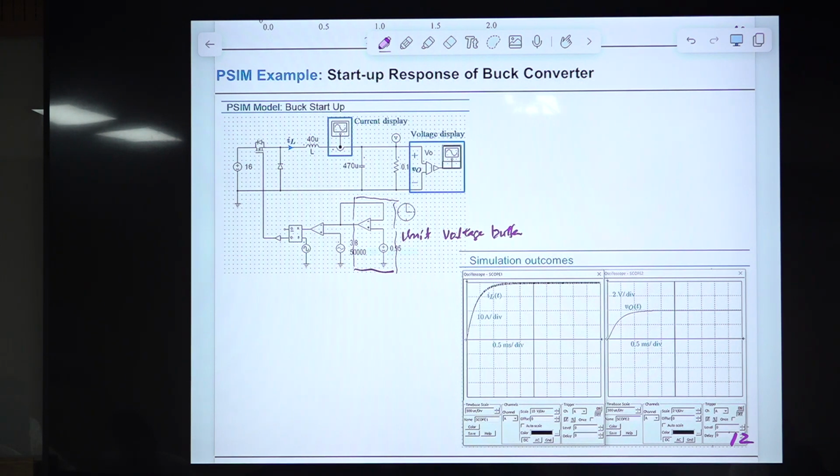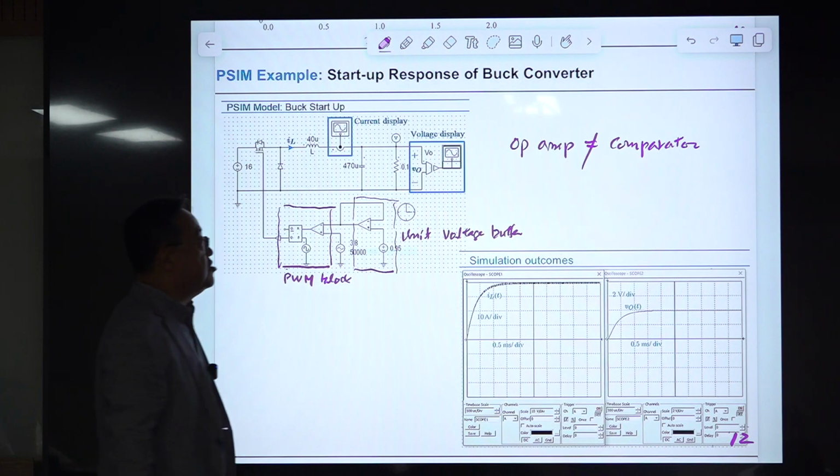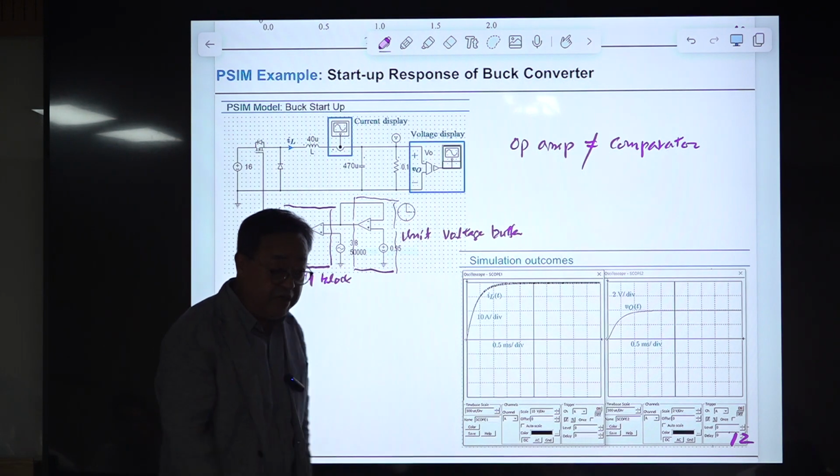Voltage buffer, okay? And this combination of this RS flip-flop and this comparator works as a PWM block. This will generate the PWM signal, the PWM block. Even though they use the same symbol, an op-amp is different from a comparator. This is rather important. In the past, one of my PhD students confused these, and everything